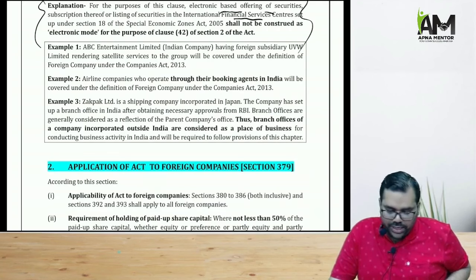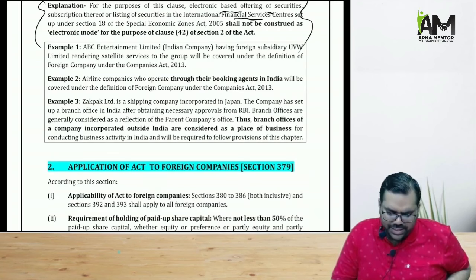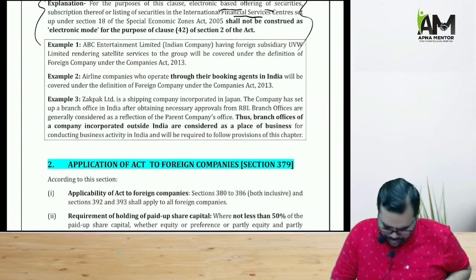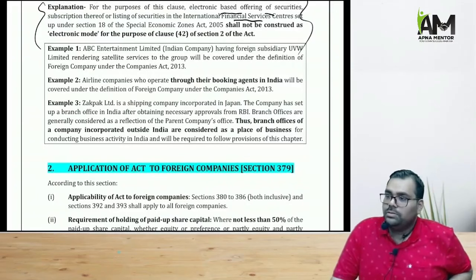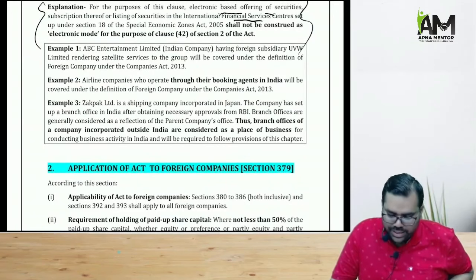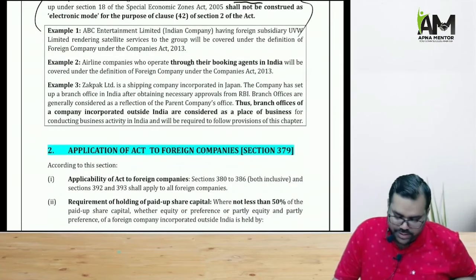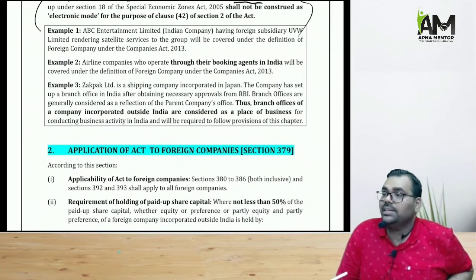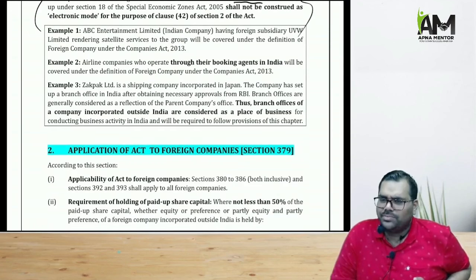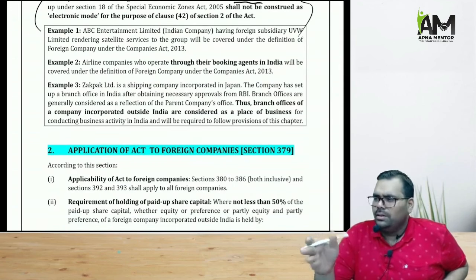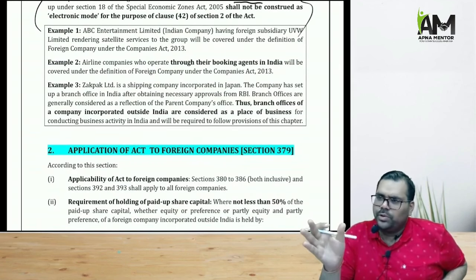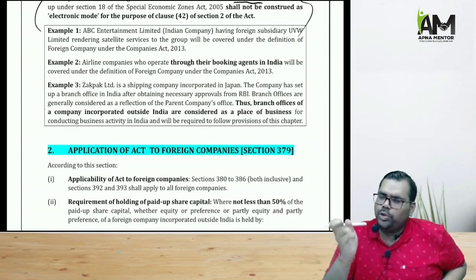So now, if the company has obtained a branch office in India, will that be regarded as a foreign company or no? Technically, that is also regarded as a foreign company. So even the branch offices, if a company opens any branch offices in India, will also be regarded as a foreign company. So भैया तुम branch खोलो, you do business through agent, you work through electronic mode, you provide satellite